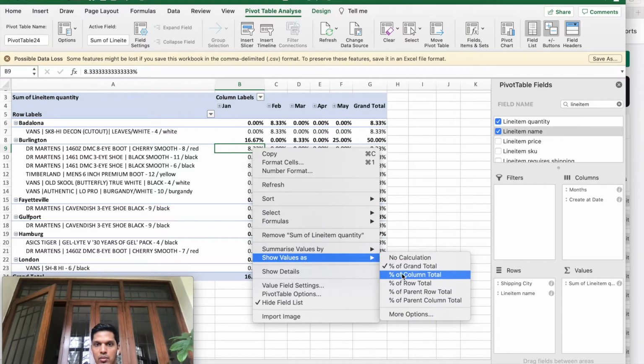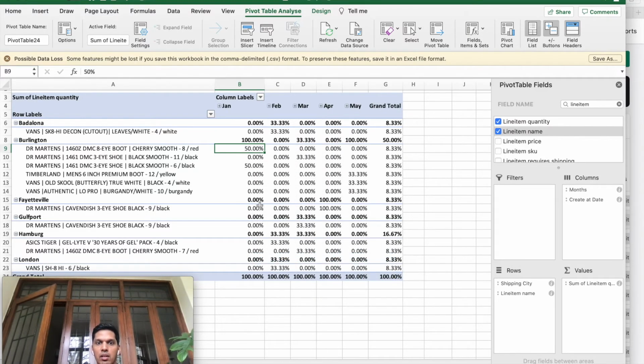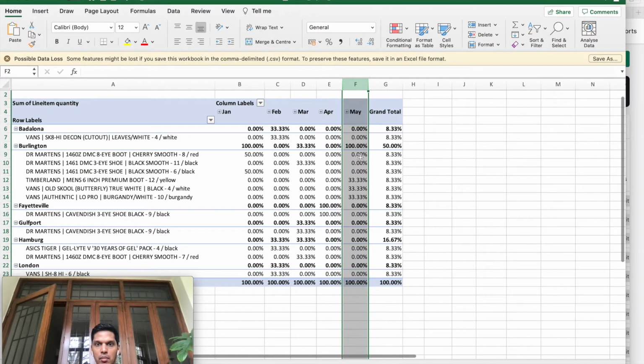Let's look at show values as percentages of column total. So here now what happens is you can see that all the columns add up to 100%. And what this means is that all the numbers in this column will add up to 100%. For example, let's look at May. And if you look at May,